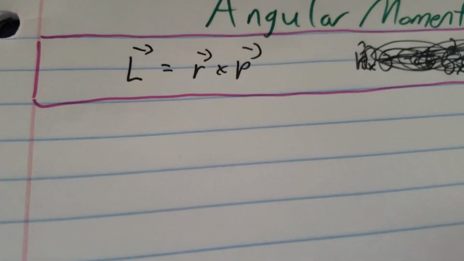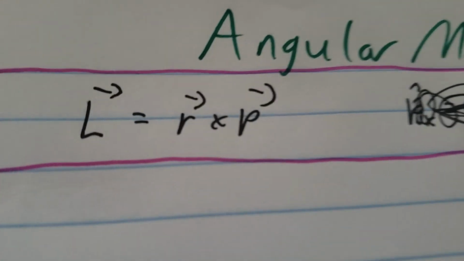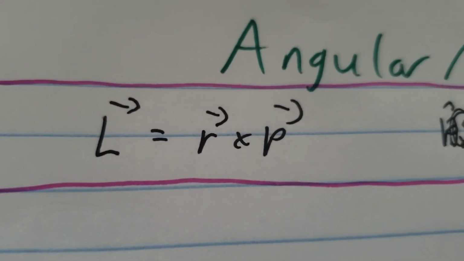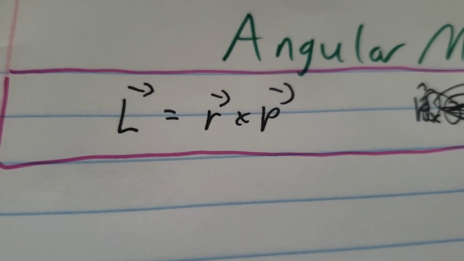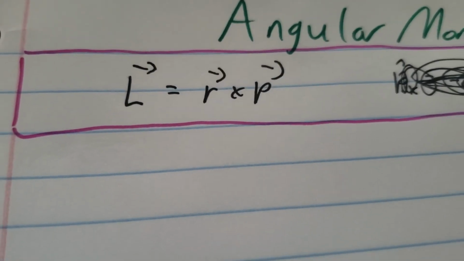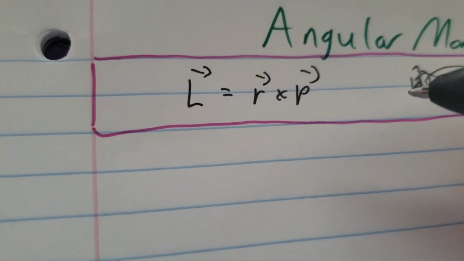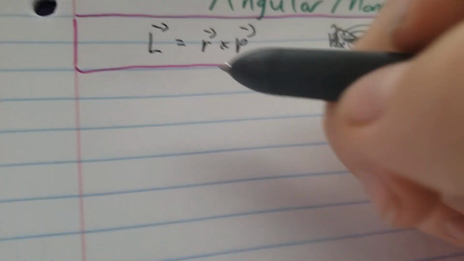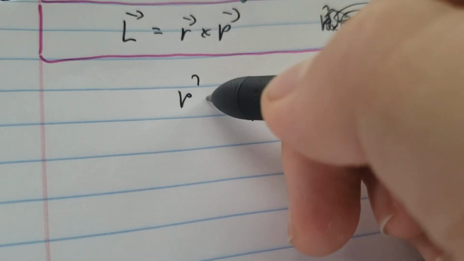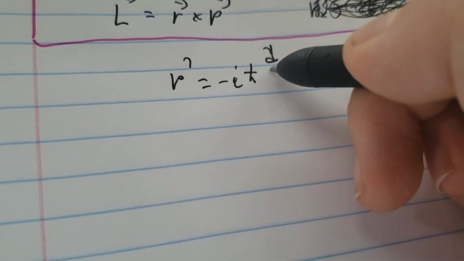So, in the last video, we defined our angular momentum vector as the cross product between the position vector and the momentum vector. In quantum mechanics, the position and momentum vectors get upgraded to Hermitian operators. In one dimension, we already defined our momentum operator as p hat equals negative i h bar times the derivative with